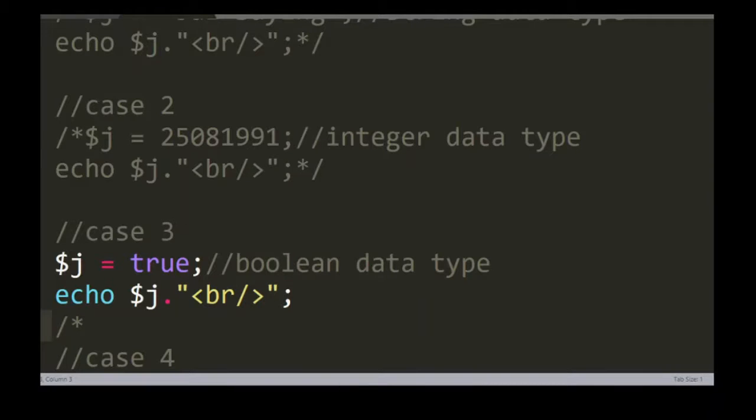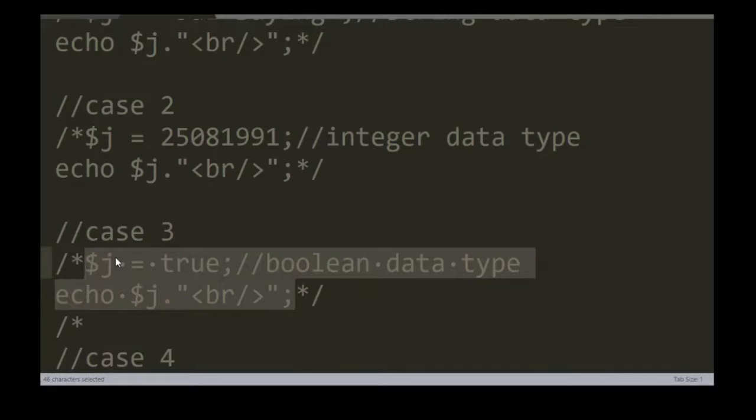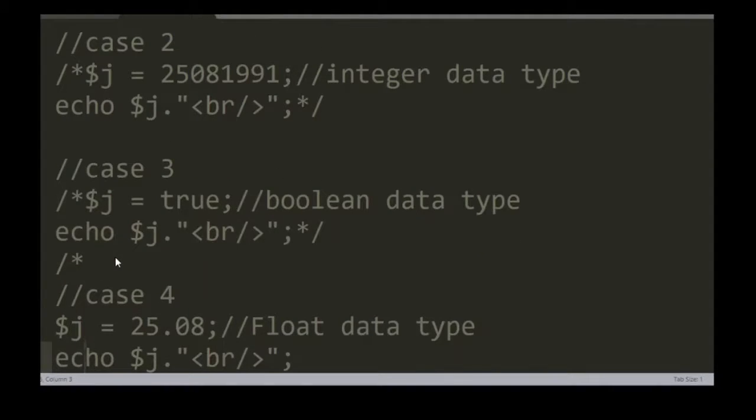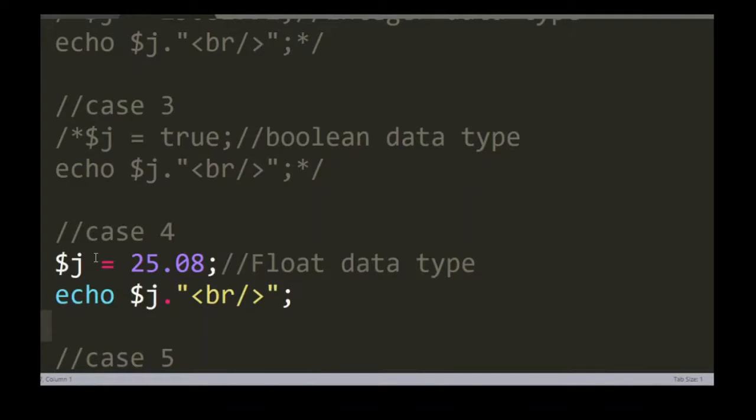Now I'm going to explain the next case. What is the next case? The next case is float data type. In case of float data type, first of all you have to check that you are going to store a point value, using a point to store the value in the variable.